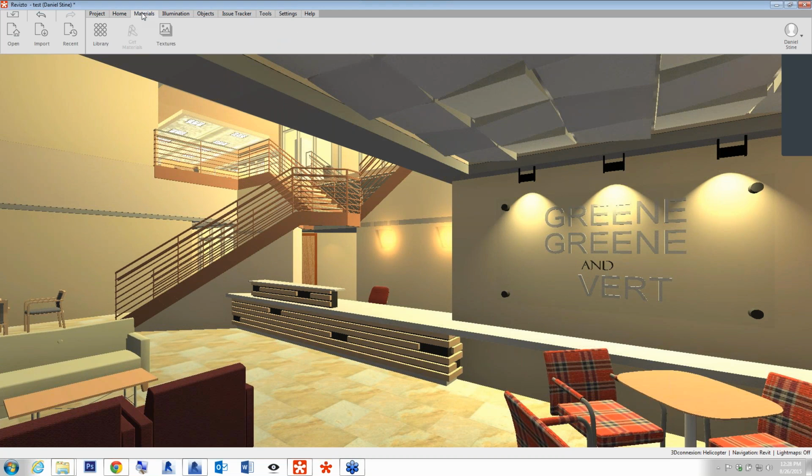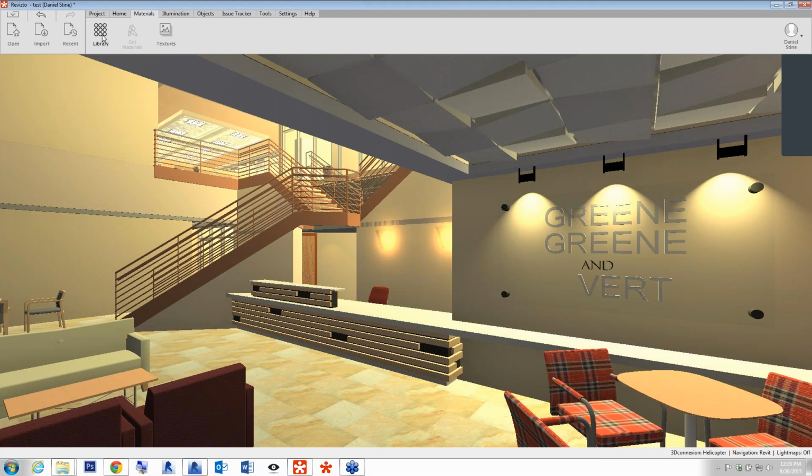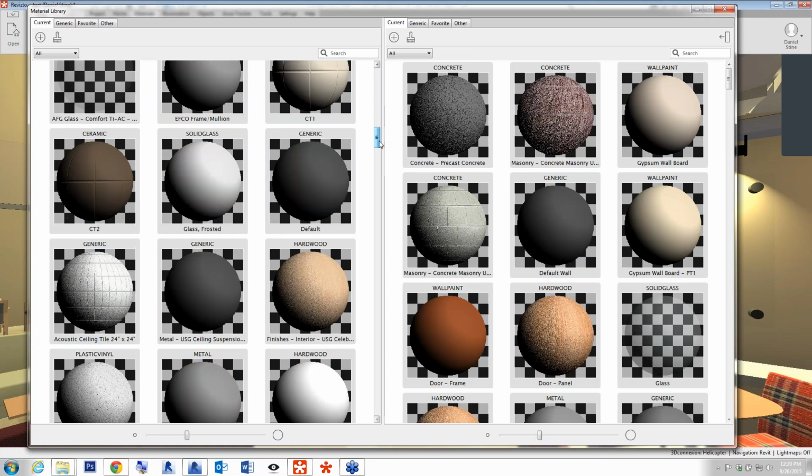So I'm going to select Materials again, so that I'm in the tab that allows me to just click on something and see information about the material. So here I see it's a Steelcase material. My interior design textbook uses a lot of real-world manufacturer content, like Steelcase and Coalesse and Shaw flooring and USG ceiling tiles. So now that I know what this material is, I'll go to the Library command, and I could visually find this one pretty quickly as well.